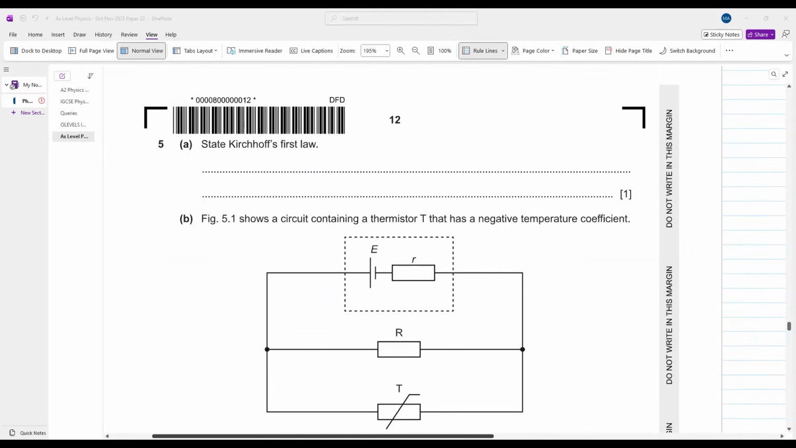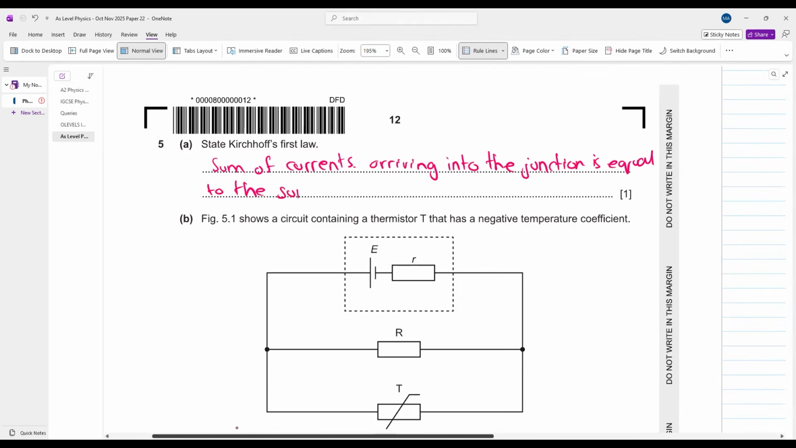डिफाइन किरचॉफ्स फर्स्ट लॉ। किरचॉफ फर्स्ट लॉ क्या कहता था? द करंट arriving at a node या sum of currents arriving into a junction is equals to the sum of current leaving out of the junction। तो लिख लो, sum of currents arriving into the junction is equal to the sum of currents leaving out of the junction।